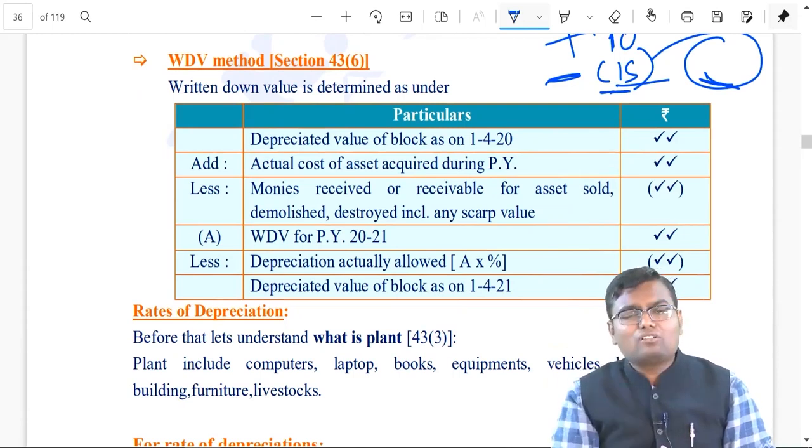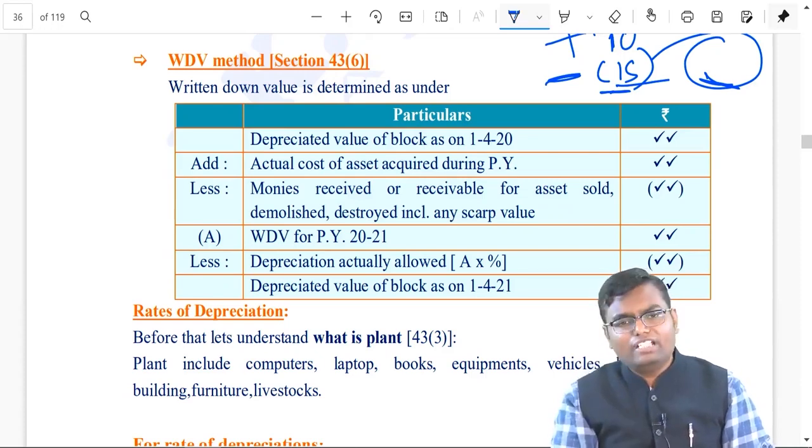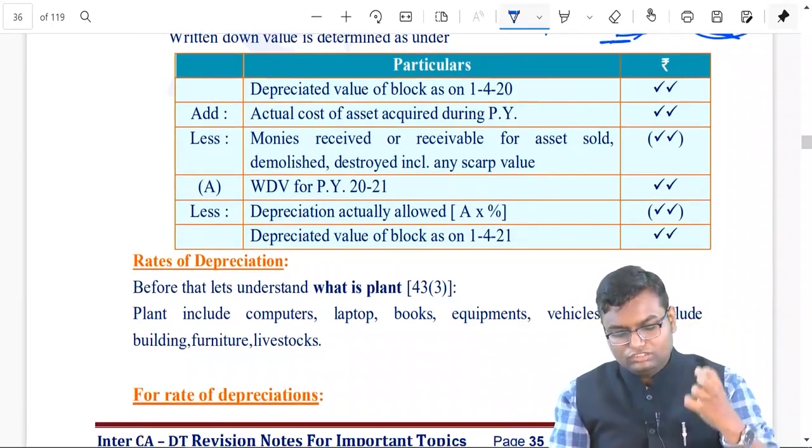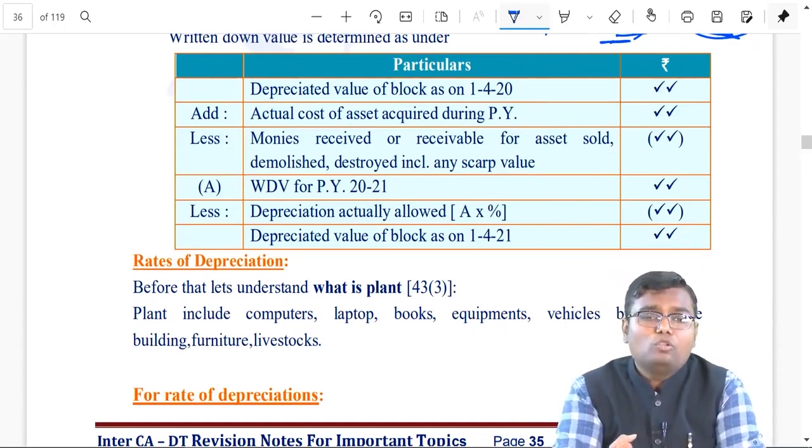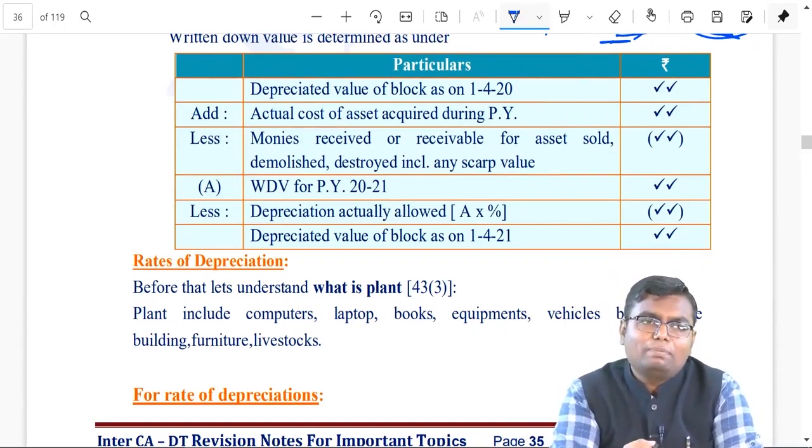So WDV as on 1st April 20 plus actual cost minus money received will become your WDV for 2021. On that apply the rate of depreciation, it will become your depreciation, and after that you will get the depreciated value. Now, before we move to the rate of depreciation, let me explain to you, whenever I use